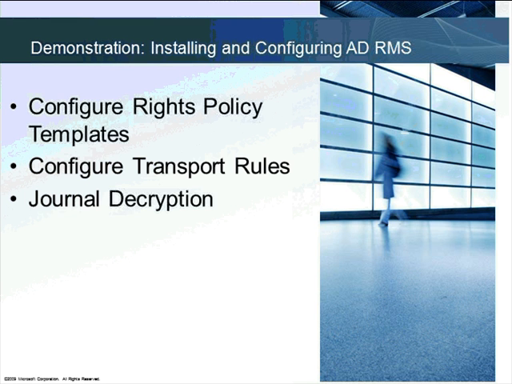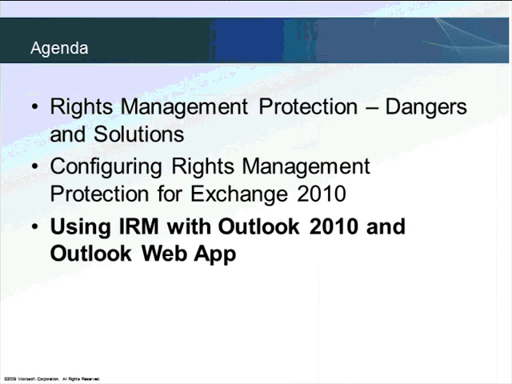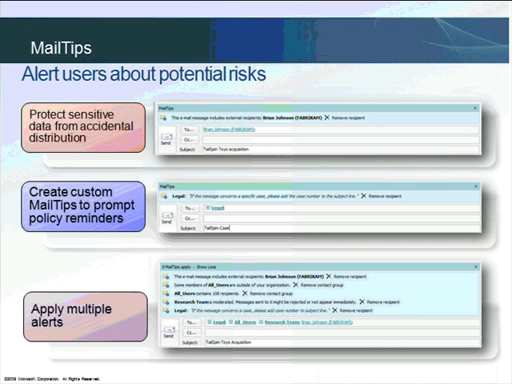So that's what we've seen: how we can create and configure rights policy templates, then how we can create and configure a transport rule. Then we can use the general decryption option for creating the rules for users to access, or if you want to give control to someone else. So there's something called mail tips in